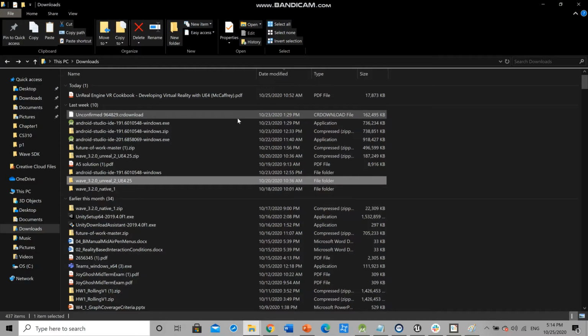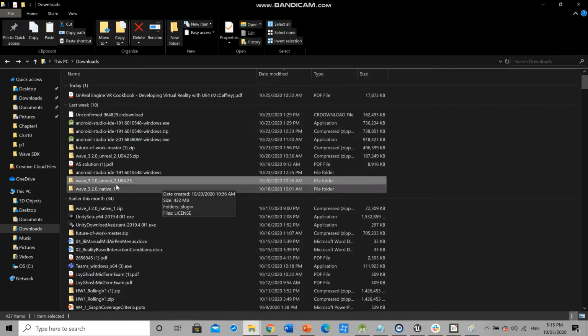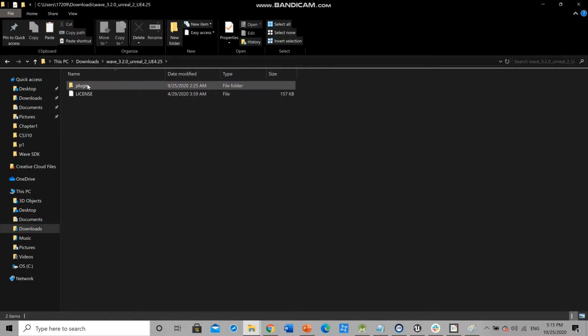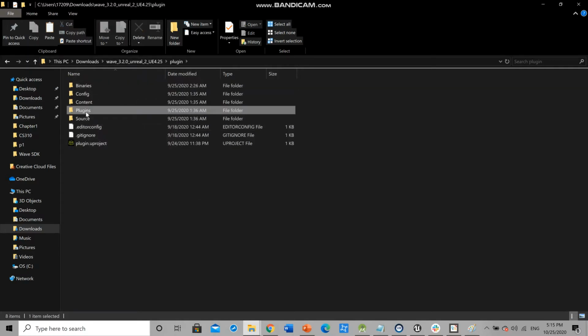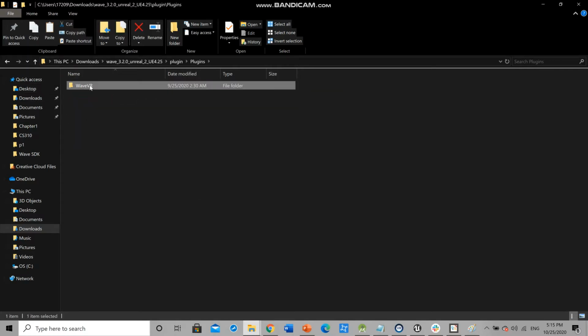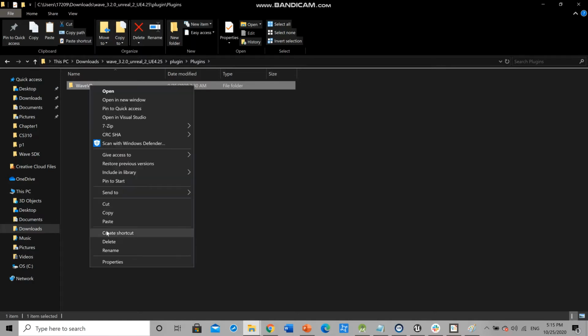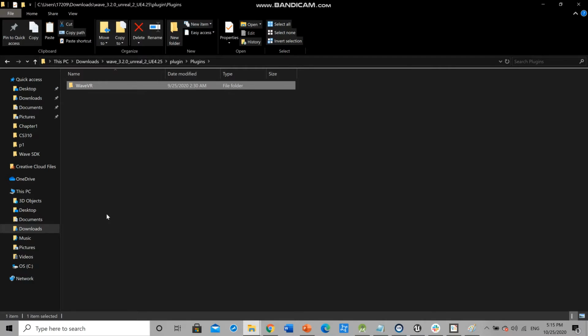Okay, after the download completed, you should unzip the folder VIVE 3.2 Unreal and go to plugins, VIVE VR. In order to add a plugin, you need to add the downloaded plugin to Unreal's plugins folder. So for this purpose, copy this one and go to